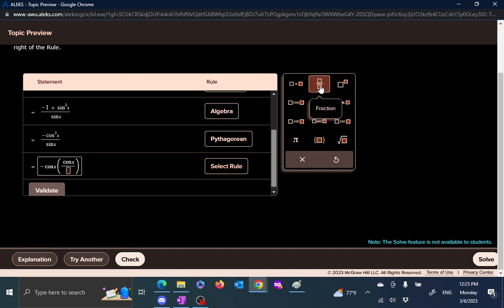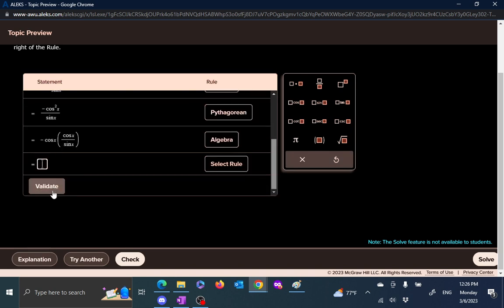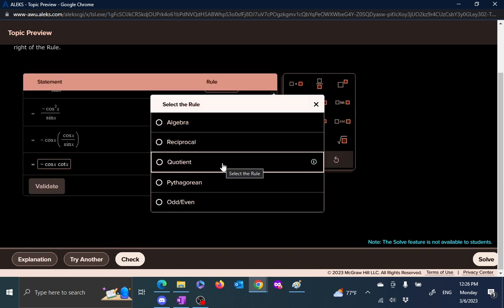Cosine of x over sine of x. So what did I do? I just did algebra. Let's see if it is happy with that one. So that's fine. Now I have minus cosine of x, and cosine over sine is cotangent of x, and that is my